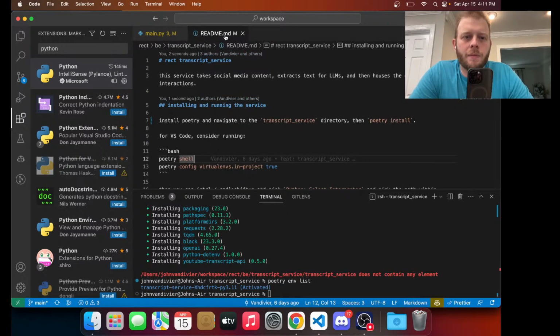But it's not accessible to VS Code. So yeah, for VS Code, consider running